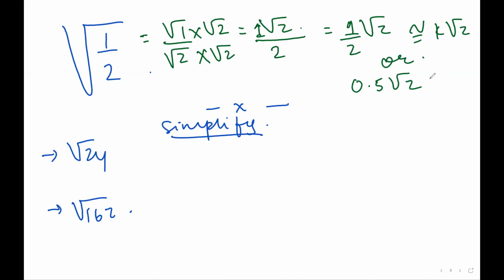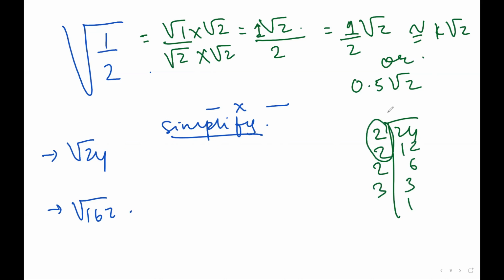Correct? Simplify this, root of 24. I don't know what is root of 24. So 2 12s are 24. Correct? What is this? They are partners. So you will just write like this. They both don't have partners. So it will be 2 3s are 6, which will come in root 6. Are you all clear till here? Right? Now root of 162.